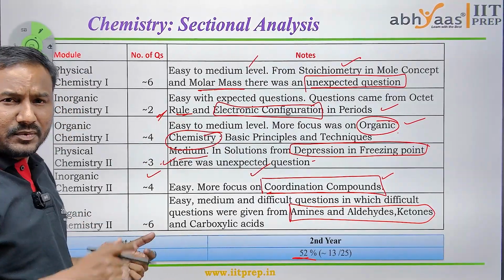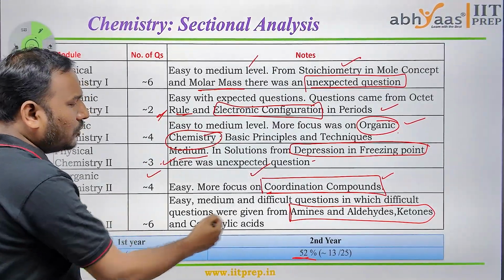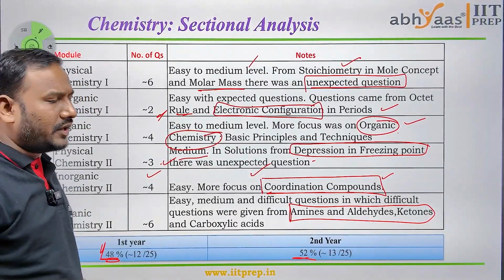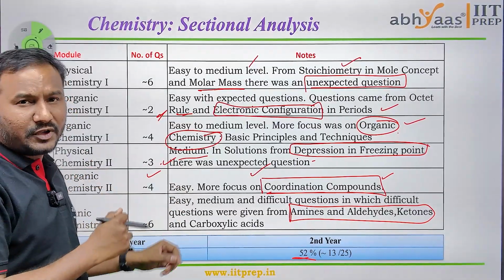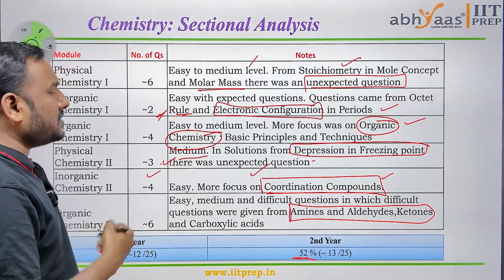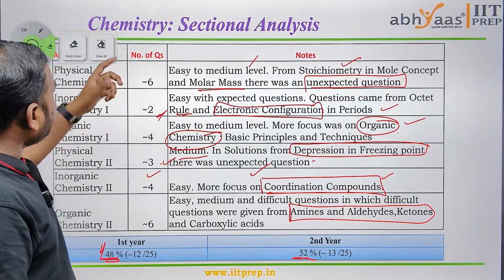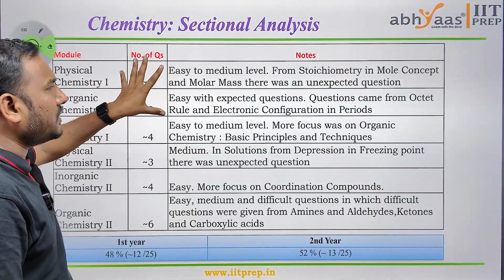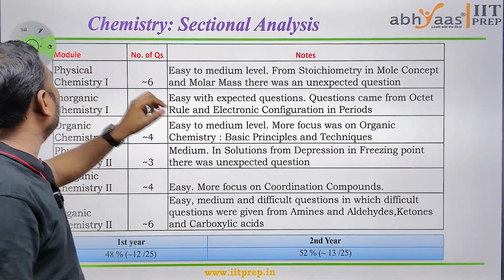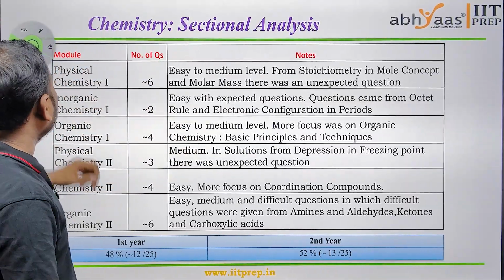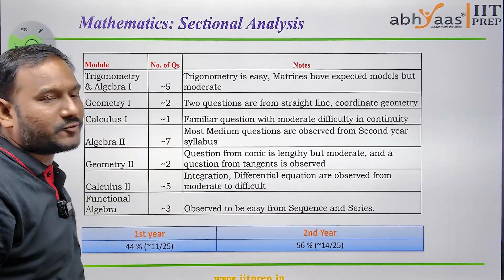And if you see paper 1, paper 2 and paper 3 also, both the percentages are equal. Under the same, there is not much variation from paper to paper between first year and second year segregation in the chemistry part. And in the overall analysis, if you observe, the chemistry is easy.